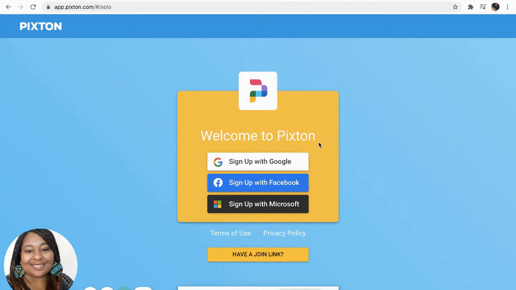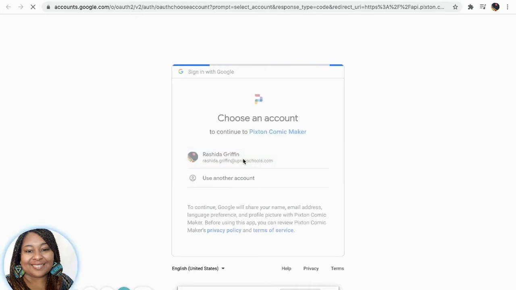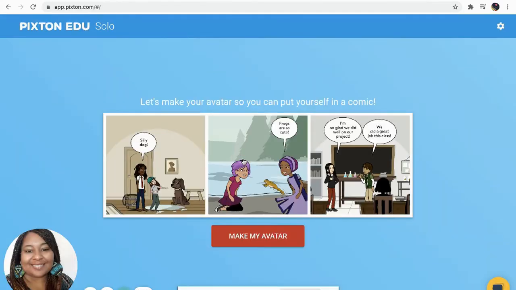And after you click the sign up button, it'll take you to this screen where it says welcome to Pixton, and you should click sign up with Google. The suggestion is that you sign in with your youthprepschools.com account so that you don't have to worry about passwords or anything like that. Once you get signed in, you'll see this screen where it says, let's make your avatar